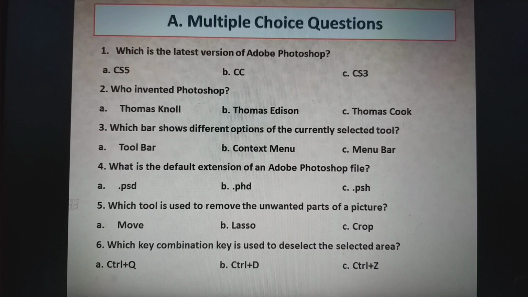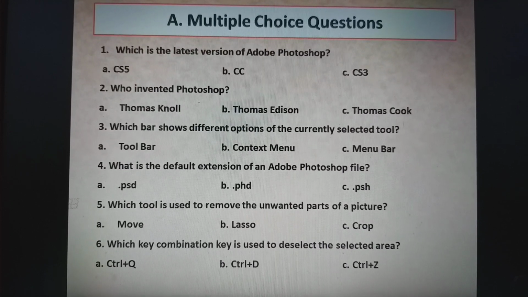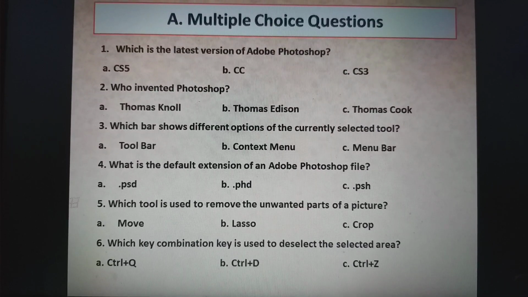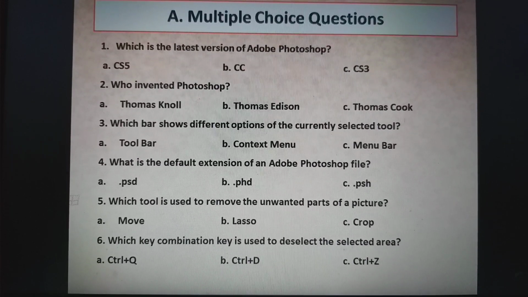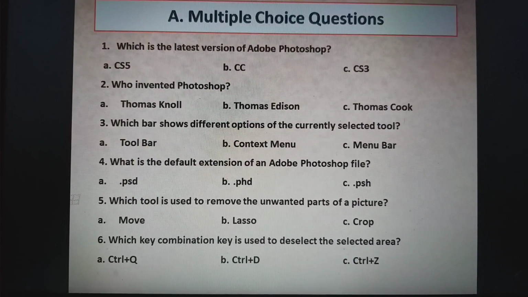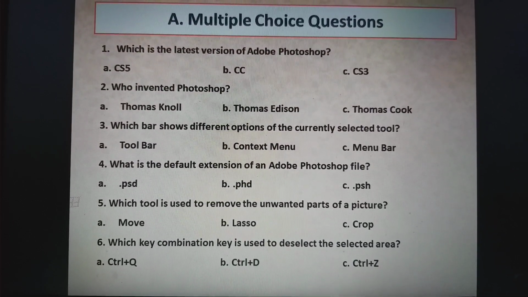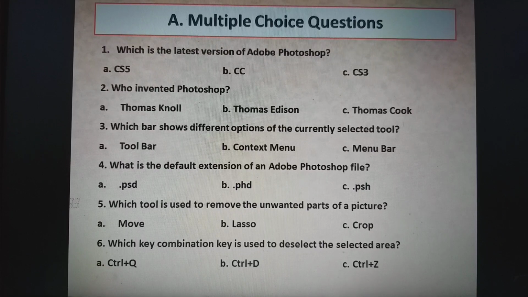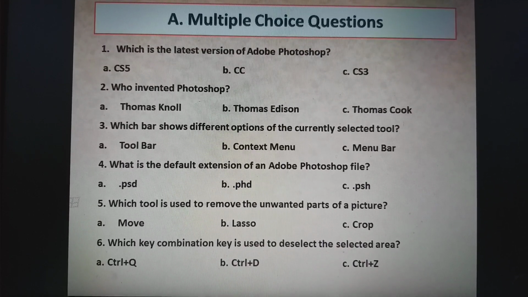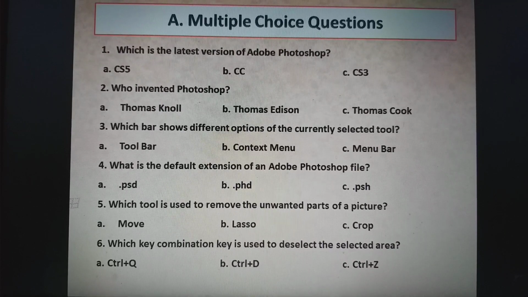Which is the latest version of Adobe Photoshop. Now see number 2. Who invented Photoshop? The options are Thomas Knoll, Thomas Edison and Thomas Cook. So the correct option will be Thomas Knoll because he created first version of Adobe Photoshop in 1987.